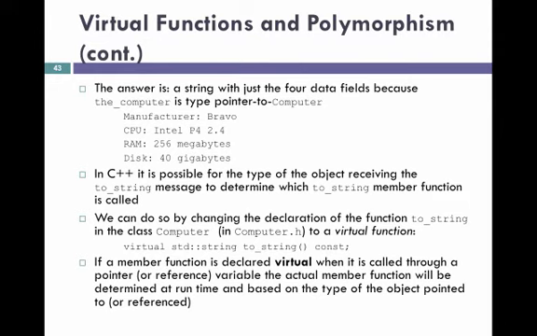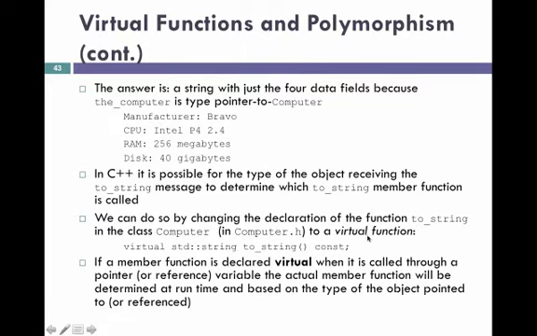Well, the answer is we get just the 4 data fields. And that's because the computer variable is a pointer to computer, and so we'll invoke computer's toString method. Now in C++, there is a way for the type of the object receiving the toString message to determine which toString member function to execute. Because in this case, we get some of the information from our laptop, but since it's a laptop computer, maybe we desire to get as much information as possible. So we can do this